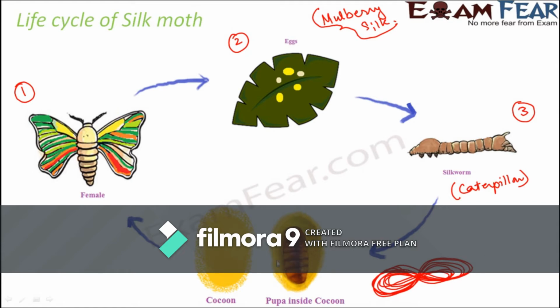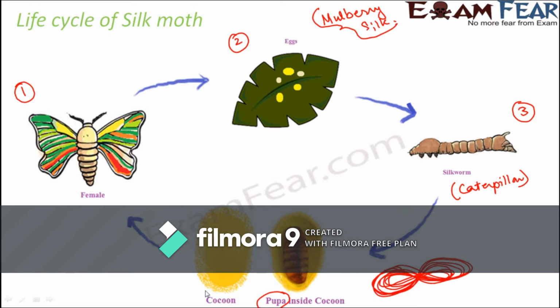Now, when it starts making this net-like structure, it gradually forms this structure which is called a cocoon. So you see, it has formed a covering around itself, and inside this cocoon, it now starts developing, or starts growing. So it forms the pupa. From the silkworm stage, it enters into the pupa stage. But basically, this entire cocoon is formed by the silkworm. So that is why we say that silk is obtained from the silkworm.